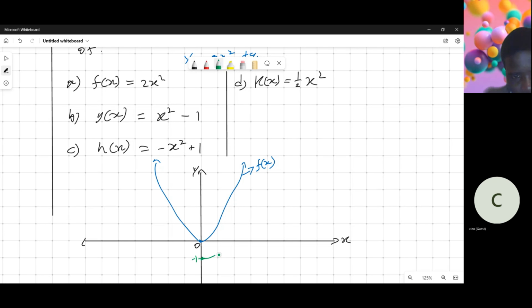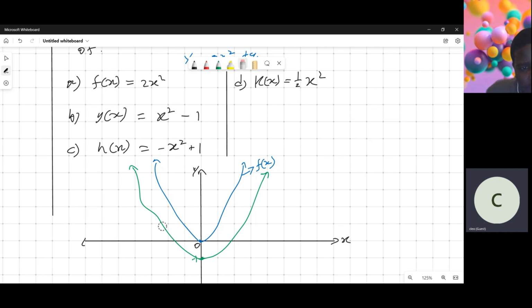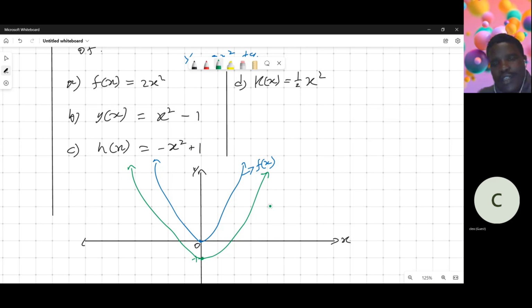So there is my second graph. The smiling face because A is positive. Okay, it cannot have curves like that. There it is. Then this one is my g of x. Something like this. Then what I see, look, on this first graph, we didn't have to bother about the x-intercept,